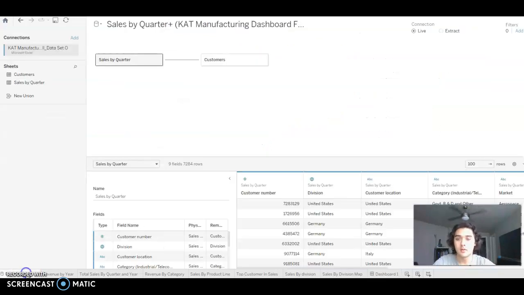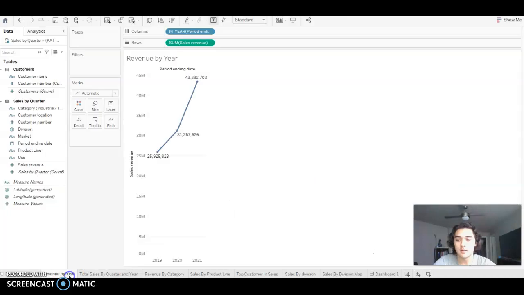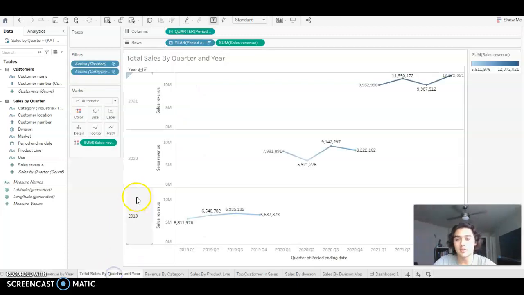Here we go. Right here you can see is my data source. This is where I took the Excel sheet and imported all the data for the charts you're about to see. Here's just a revenue by year chart showing each year how much revenue the company produced. Right here is total sales by quarter and year, showing how much revenue we produced per quarter on a year-by-year